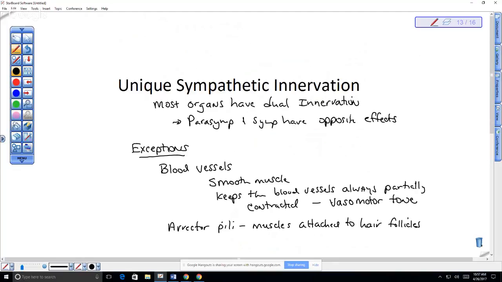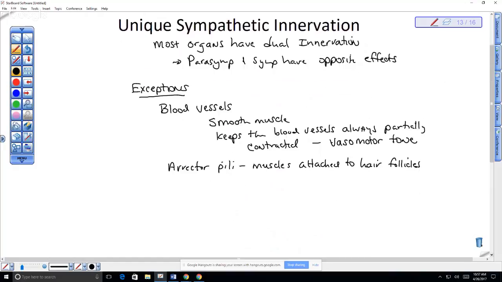Okay. The same thing goes for the sweat glands. Sweat glands are only innervated by sympathetic. And then the same thing goes for the kidney. The kidney functions in controlling blood pressure, as does the diameter of the blood vessel, so you can kind of remember that. The sympathetic division causes renin to be released, and this is a chemical that ultimately causes vasoconstriction.